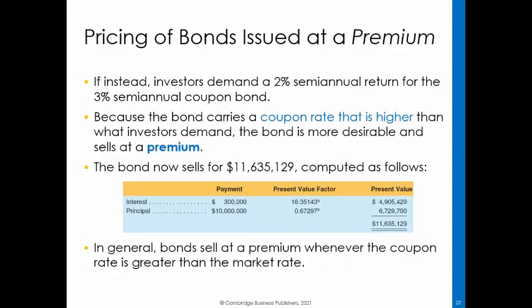To illustrate the issuance of the bonds at a premium, we will assume that the market or effective rate is 2% semi-annually. Since the bonds carry a higher coupon rate of 3% semi-annually, the bonds will sell at an amount greater than the face or maturity amount. We would calculate the bond proceeds using the same procedures, but we would use 2% and 20 periods to determine the present value factors. Multiplying these factors times the $300,000 semi-annual interest payments and the $10 million principal amount, we would determine the bond proceeds to be